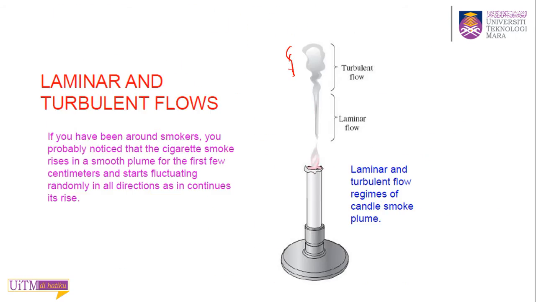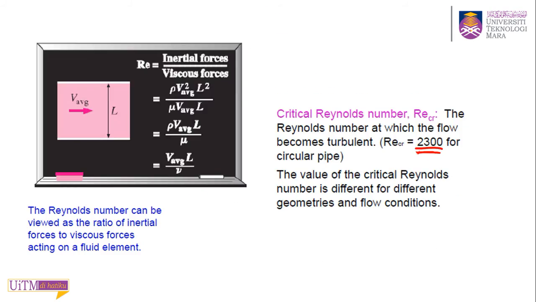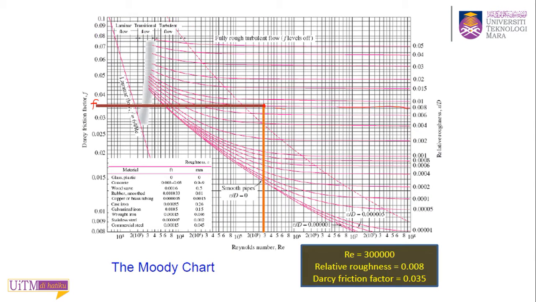So today we will cover the last two subchapters, which are the piping networks and also the energy equation, the extension of the Bernoulli equation. So these two we will cover today. Before I go to the new subchapters, I got a question from you guys. Someone asked me what happens in this Moody chart. In the last class, I showed you the example. It's very easy, because you got Reynolds number 300,000 here, and your relative roughness is 0.008